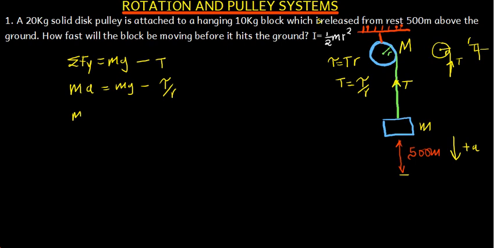And this is going to be ma equals mg minus torque over r. We also know from Newton's second law of motion that force is given by mass times acceleration. The equivalent for force in rotation terms is torque, mass is inertia, and acceleration is angular acceleration. So where there is torque, I'm going to put inertia times angular acceleration divided by the radius. So this will be mass times acceleration is equal to mass times gravity minus, where there is inertia,